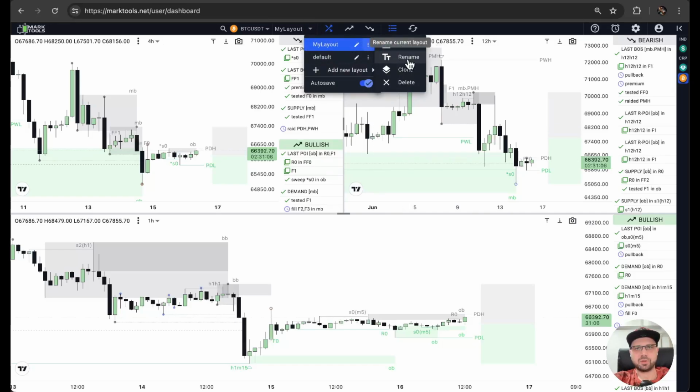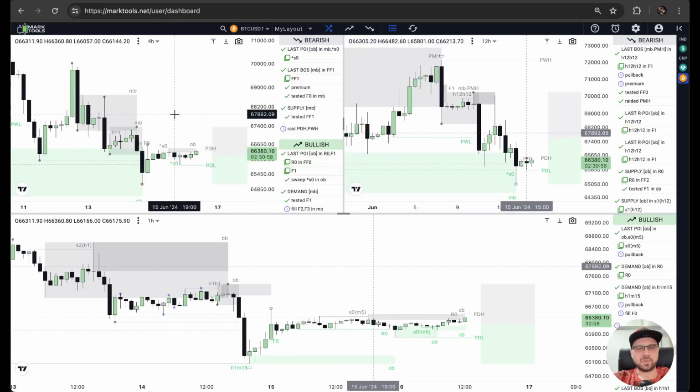If you want to rename, you click on rename. If you want to clone it, it means to create a copy. You can create a copy or you can delete it, simply delete it. Also, let's say